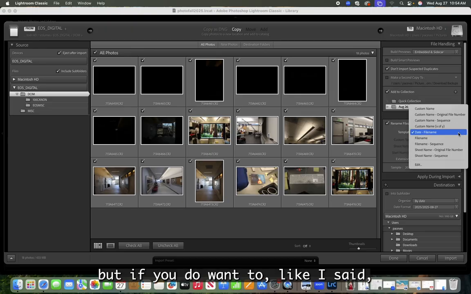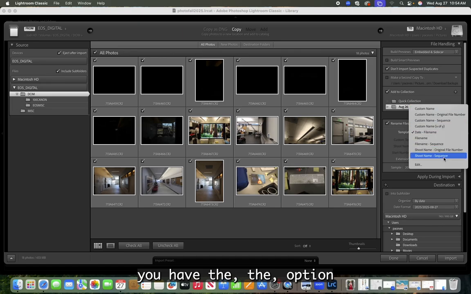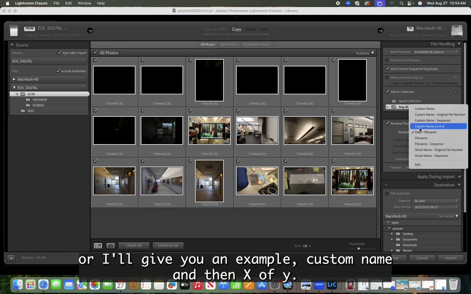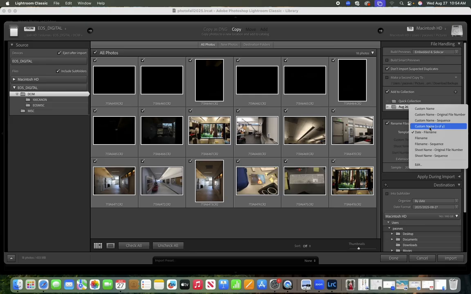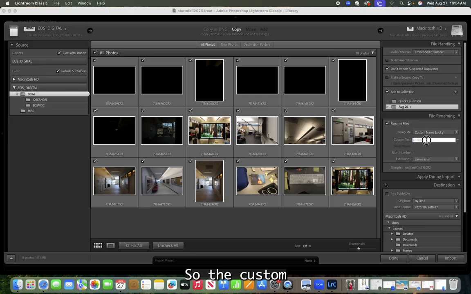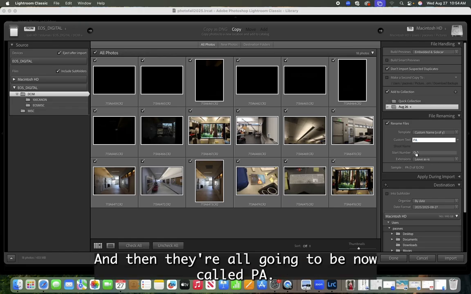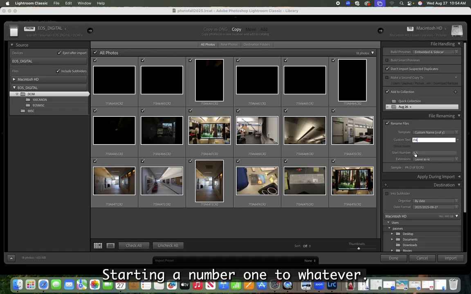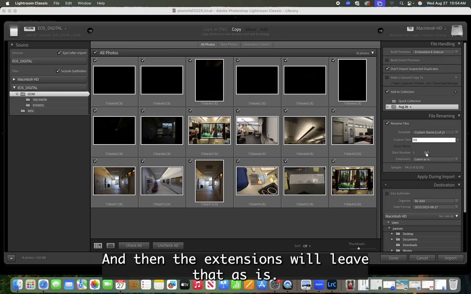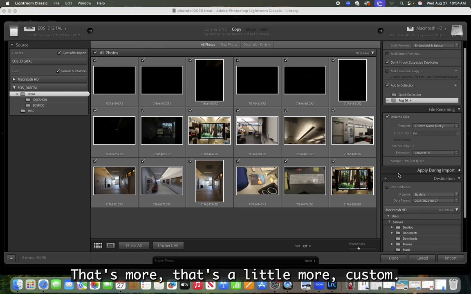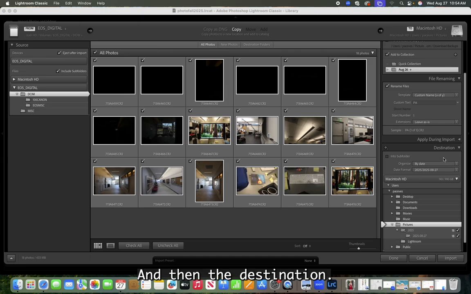But if you do want to, like I said, you have the option to give them all a custom name, original sequence number, sequence, or I'll give you an example. Custom name and then X of Y. So the custom text, I'm gonna put my initials, PA. And then they're all gonna be now called PA starting at number 1 to whatever. And then the extensions, we leave that as is. Apply during import, don't touch that. That's a little more custom. And then the destination,